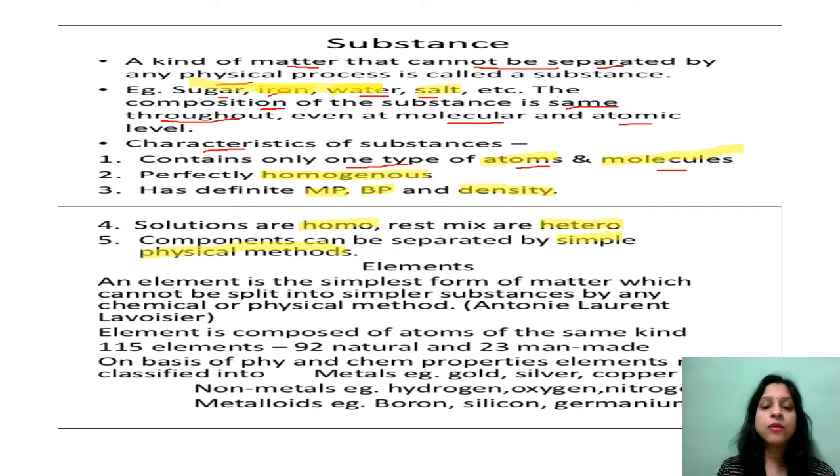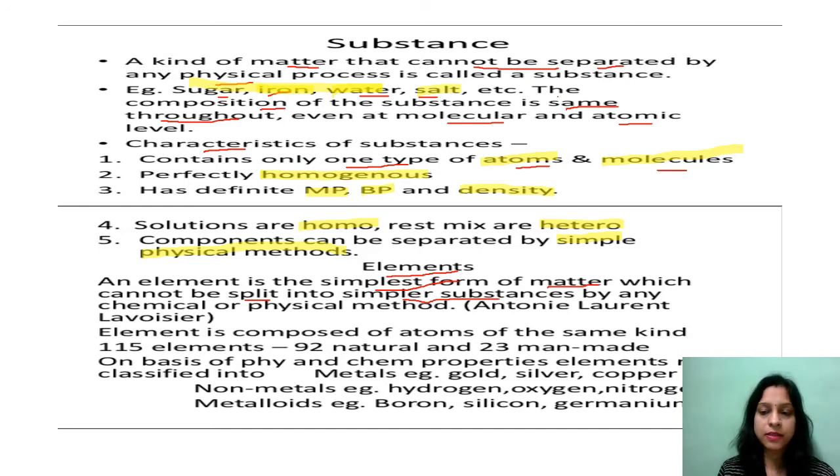So अब आ जाते हैं कि substance जो है further is divided into two categories. One is the element and another one is the compound. So one by one we are going to discuss it in detail. So element, as I have told you, is the simplest form of matter, beta. सबसे simple form है, which cannot be further split or dissociated into simpler substances